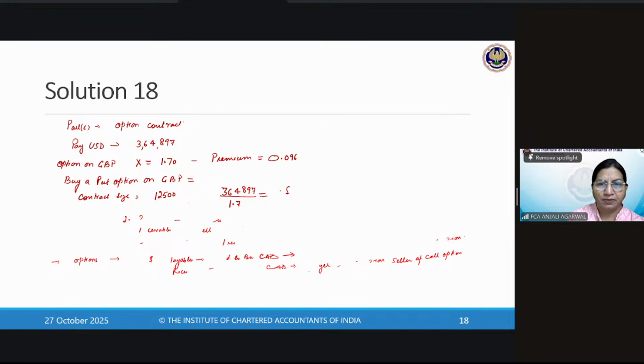So you need actually 214,645 pounds. If you will sell at 1.7, you will end up getting 364,897. Again, if you want to round off, you can round off to next number, but because we have a contract size here of 12,500, so these many pounds, so number of contracts would be